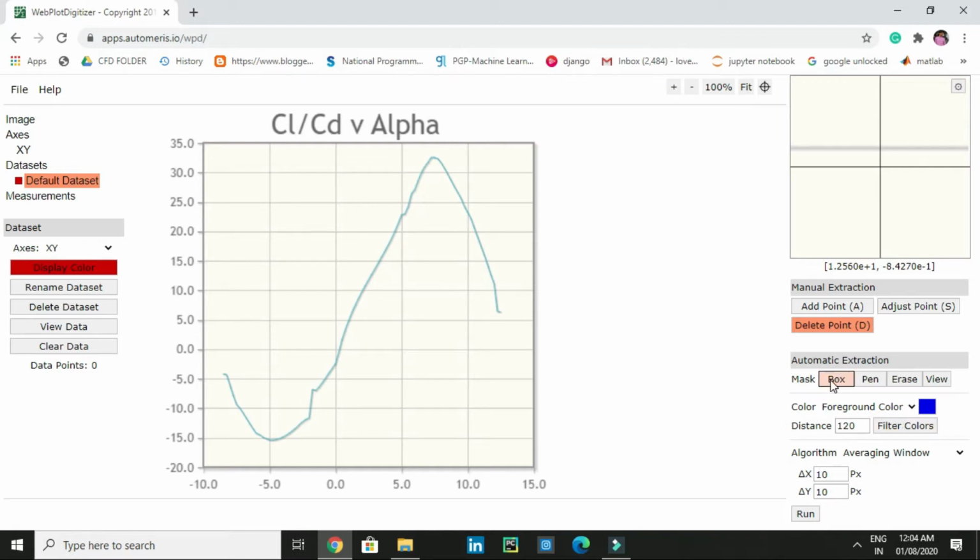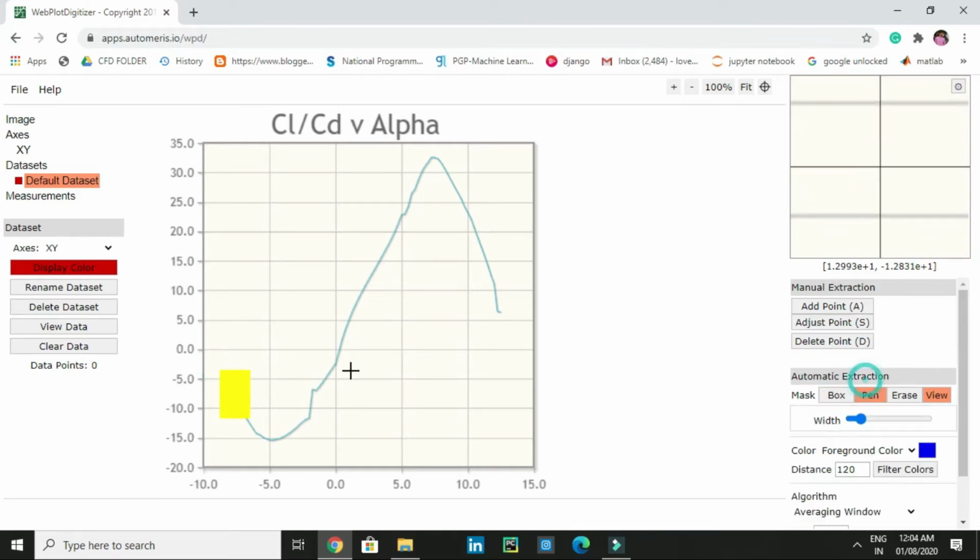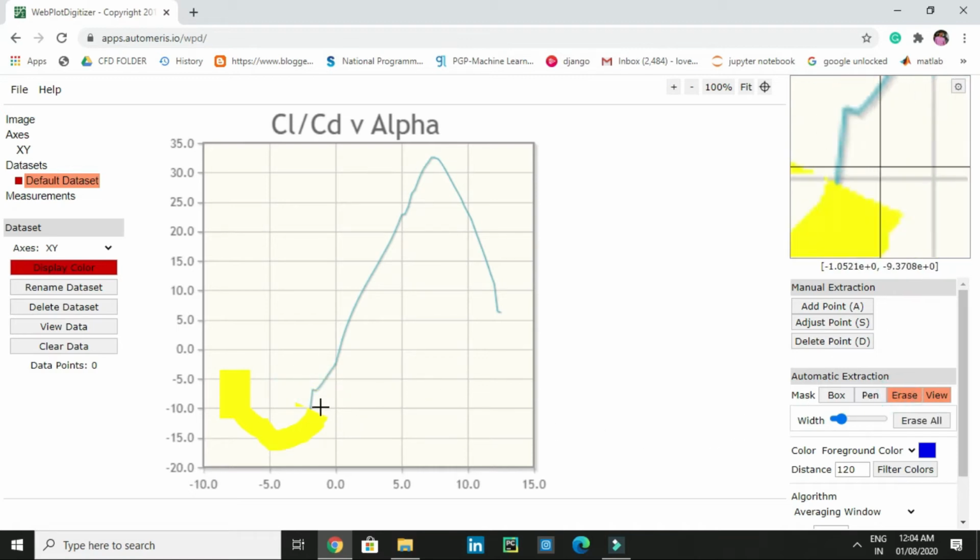First you need to select area of curve. So now here we have box option. Let's select this and select our area on curve. Now we are going to use pen. You can also manage width of your pen from this width option, and you can also use eraser like this, and you also manage width of your eraser from width option.